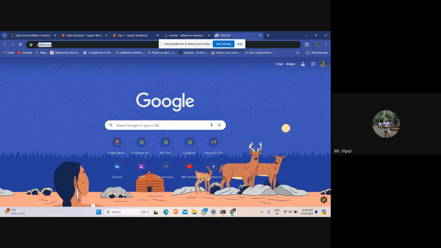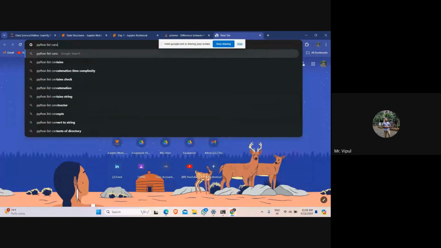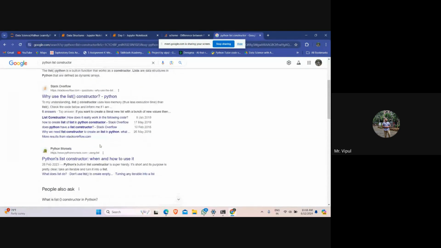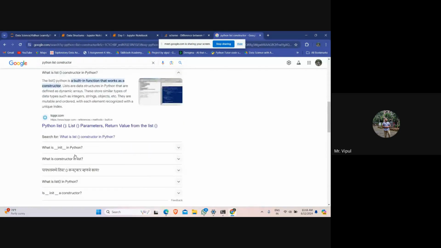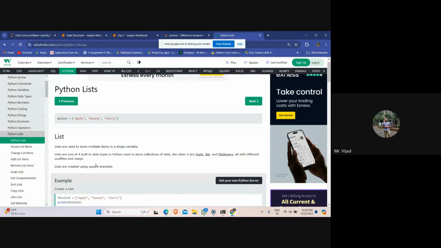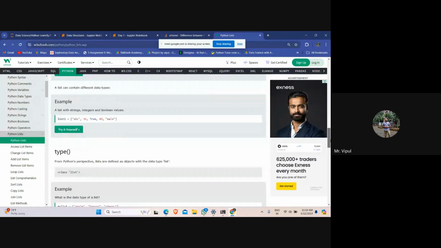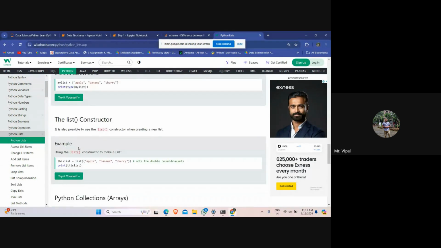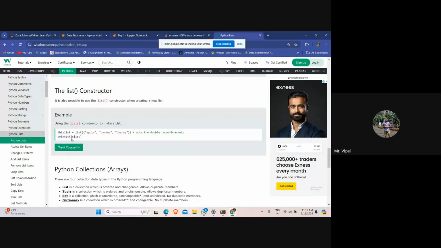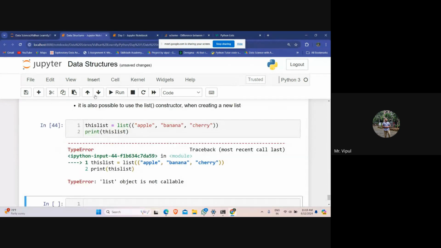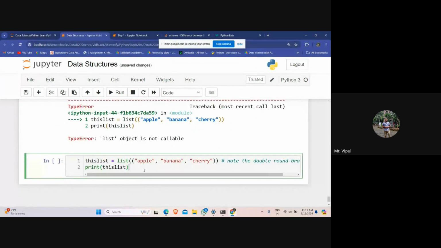If you see the Python list constructor, this is what we have written, the same thing.